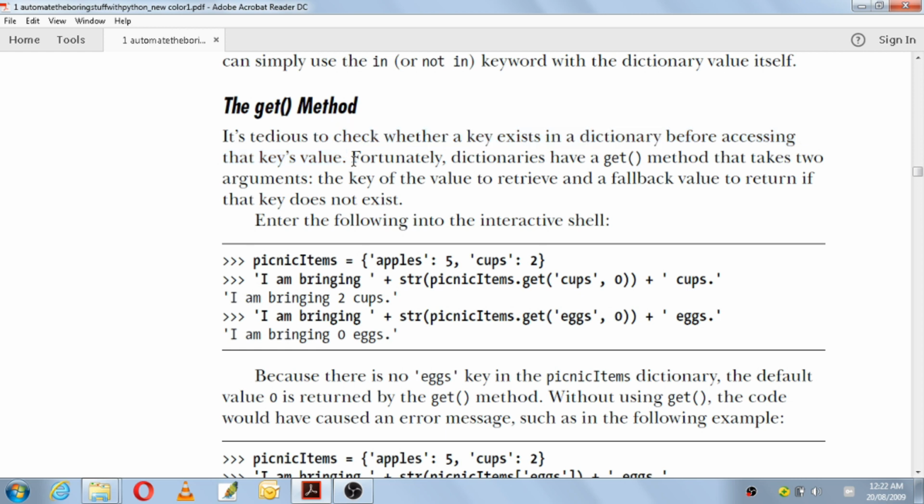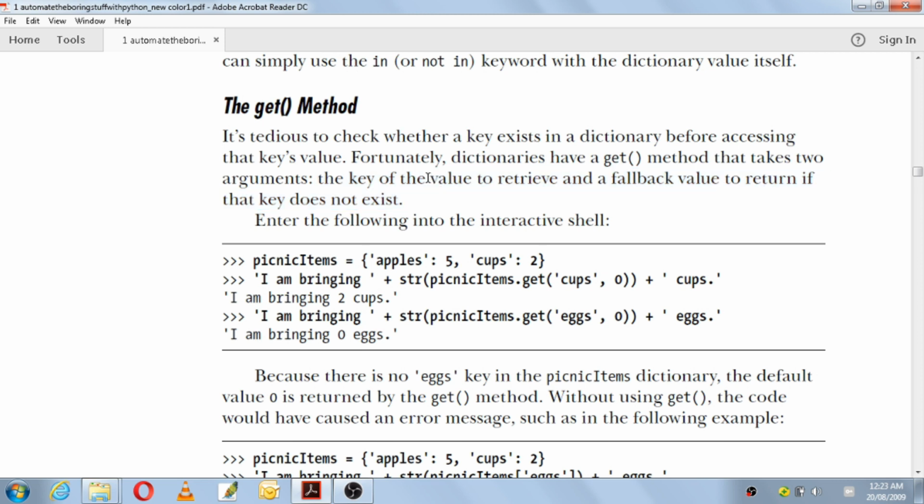Fortunately, dictionaries have a get method that takes two arguments: the key of the value to retrieve, and a fallback value to return if that key does not exist. So the get method is a method which has two arguments.